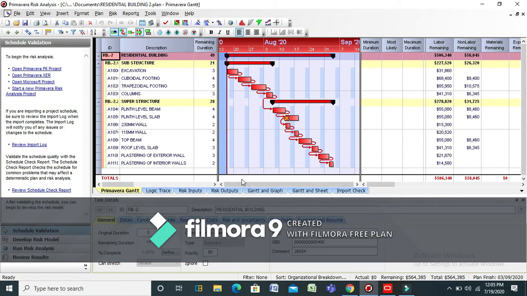The Primavera Gantt chart is similar to the one we have used in the Primavera software. To the left side of the Gantt chart, you can find details like activity name, ID, duration, start and finish dates. You can use the scroll bar to view them as shown.